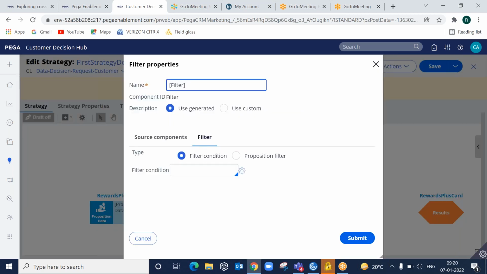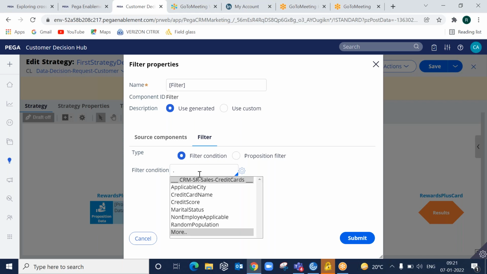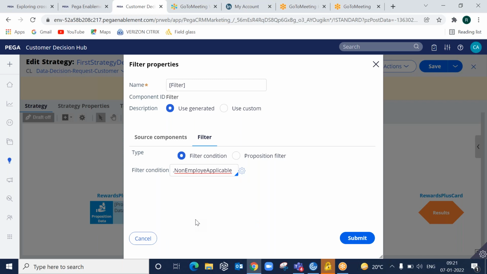Now let us add the condition. By using the filter, we can filter out some results coming from the incoming source component. I'll say dot non-employee applicable equal to true. And I can give a name for this component.